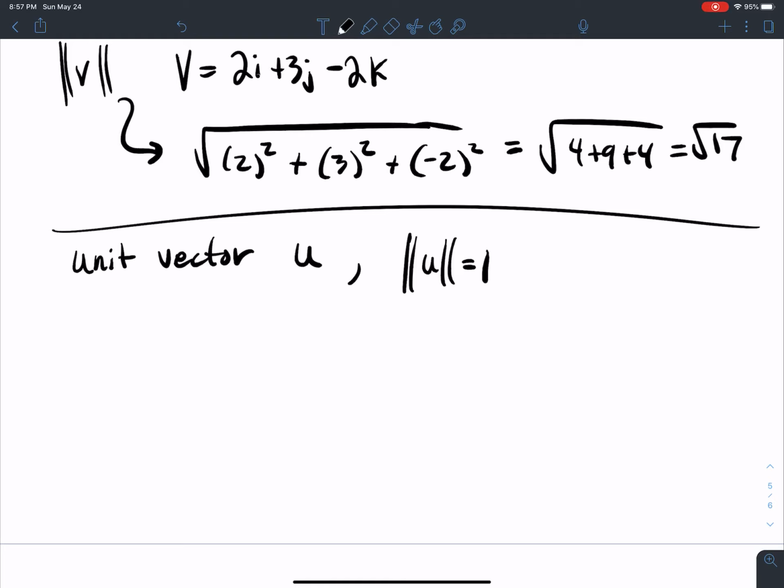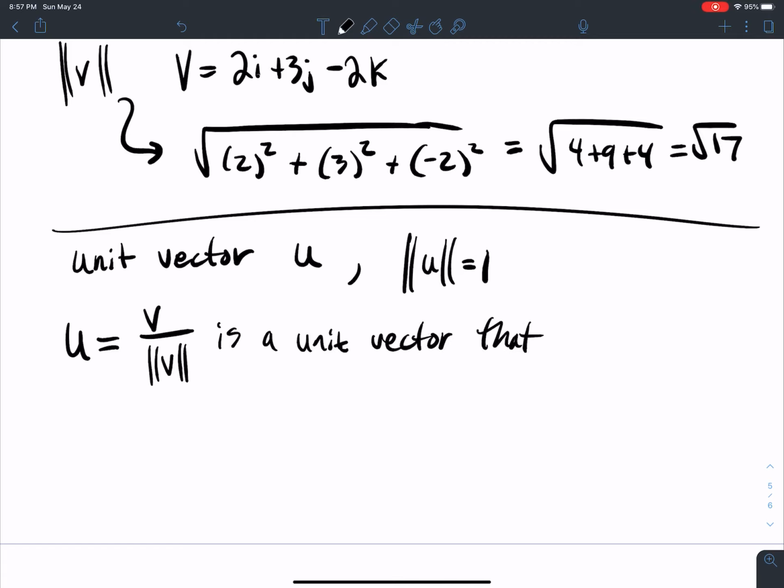In many applications, it's useful to be able to find the unit vector u that has the same direction as the given vector v. So to do this, I take hold of the fact u equals v over the magnitude of v. Okay, this is a unit vector that has the same direction